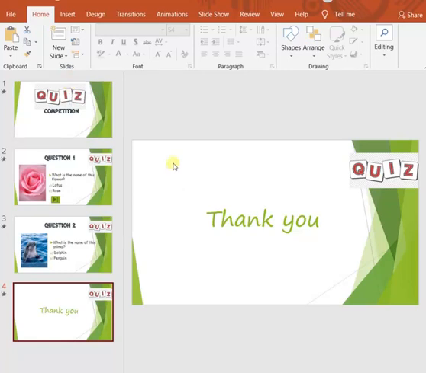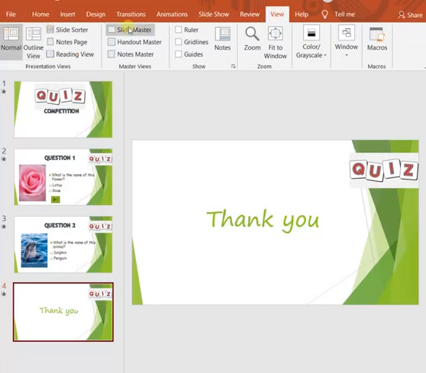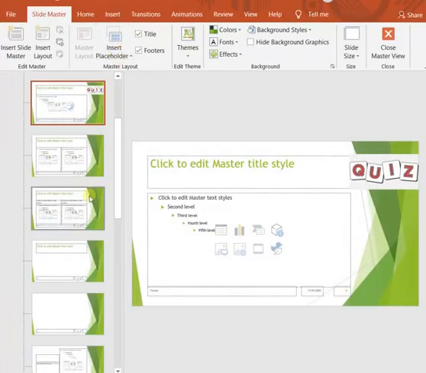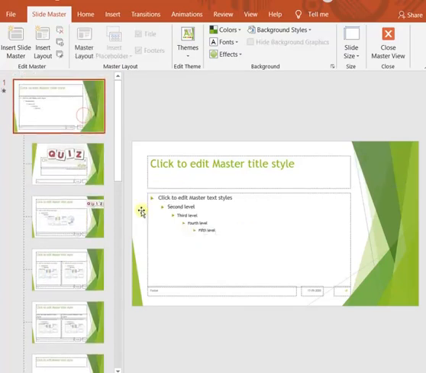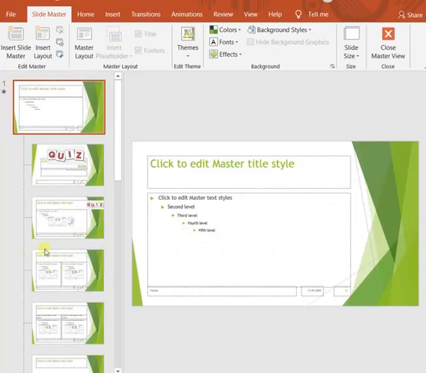Now you can change the built-in themes also from the slide master. Suppose for slides 2, 3 and 4 you want to change the theme, you can go to View, Slide Master, and select this layout. Other layouts you can delete because we are using only these two layouts.